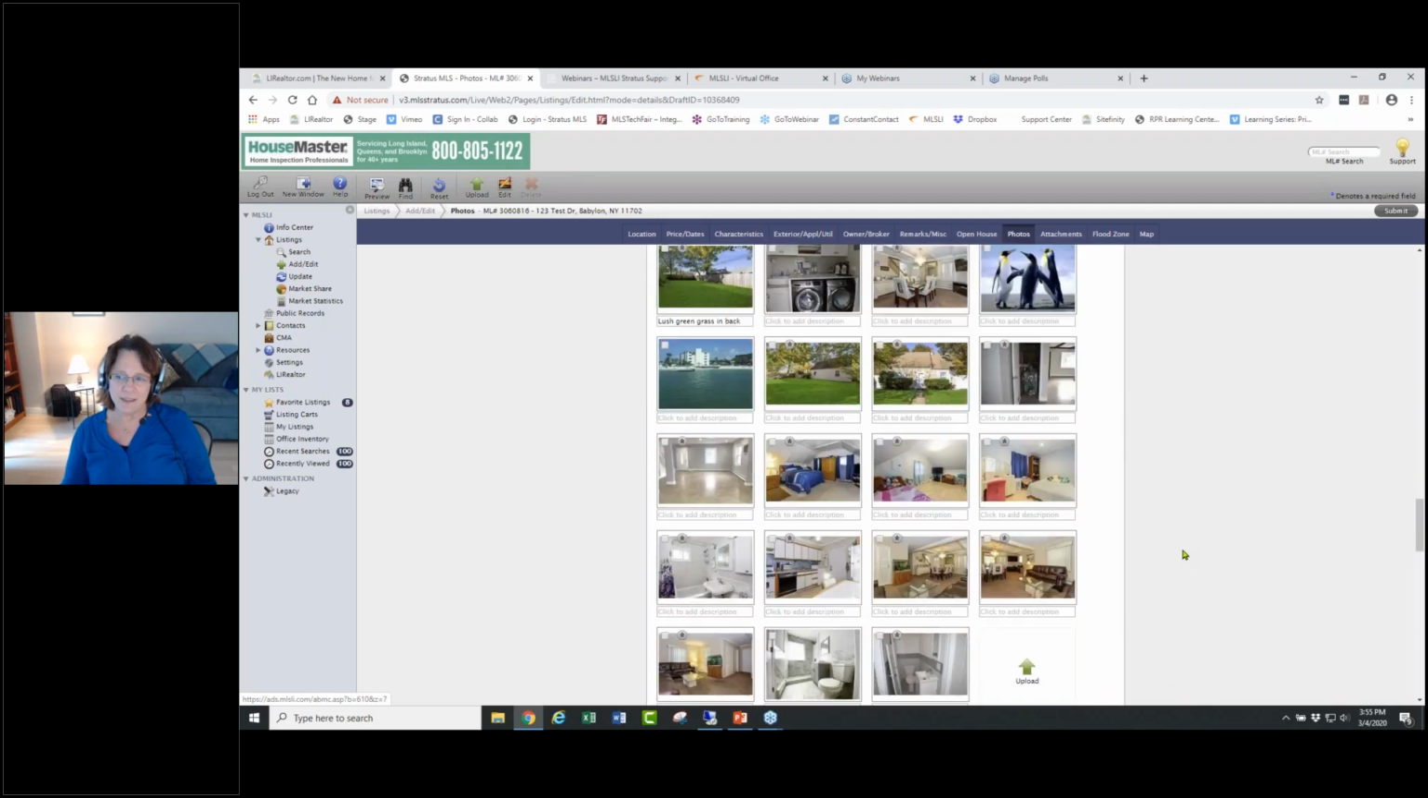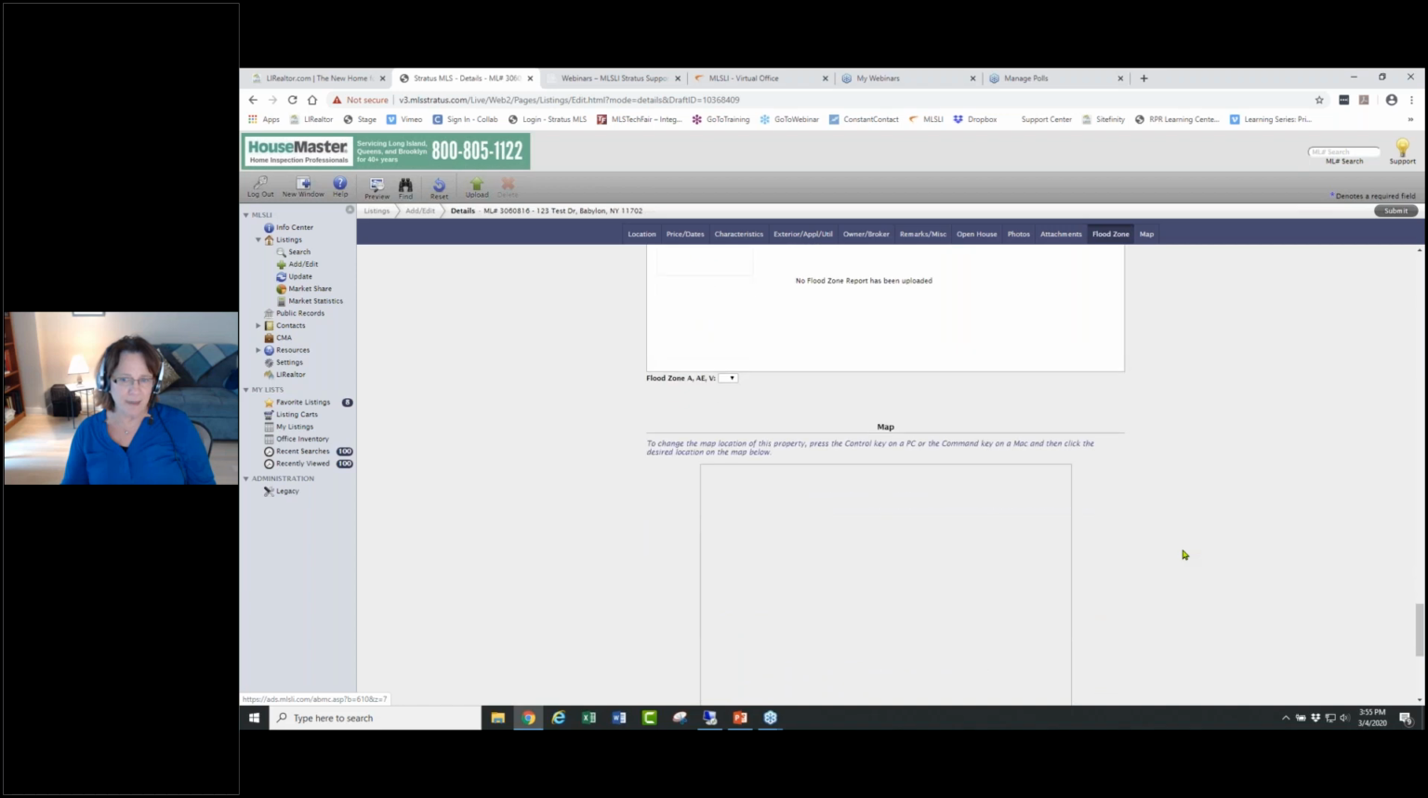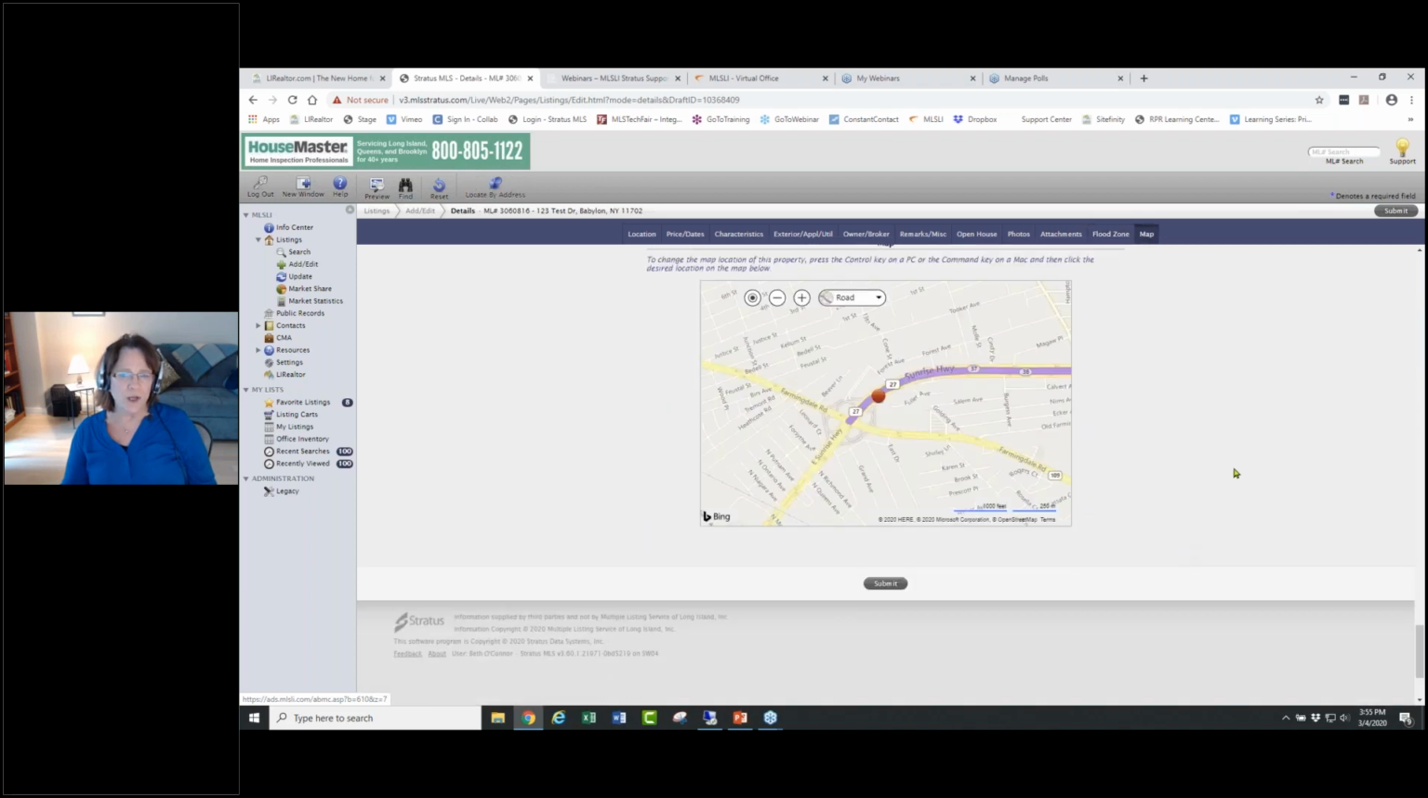Okay. And then the last thing on this is the mapping tool. So you are responsible, if it's your listing, to make sure that red circle is in the right place. Remember we saw that one listing that was in Huntington, but it was showing up on our map as some place way away from Huntington. So what you want to